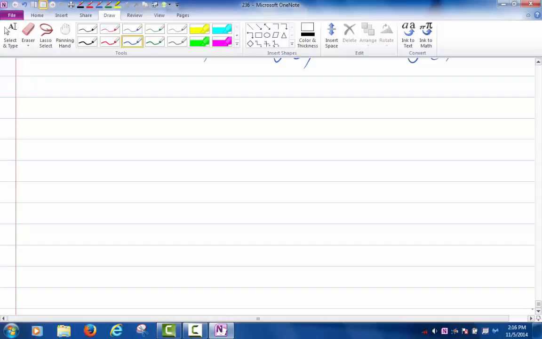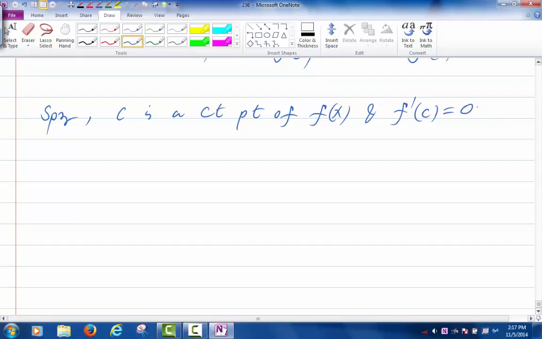However, if you have a critical point where the derivative is 0, which is the case here for the 3 critical points. So suppose c is a critical point of a function f, and the derivative at c is 0. So this is a critical point because the derivative is 0 there. It's not a critical point because the derivative doesn't exist there, okay? So in this case, we can use the second derivative to classify whether I have a local max or a local min there. How? Well,